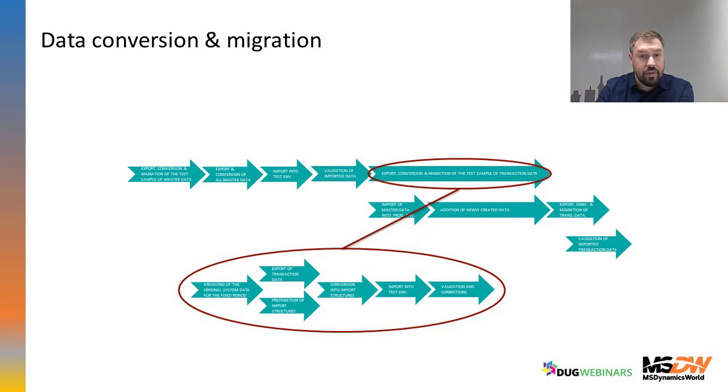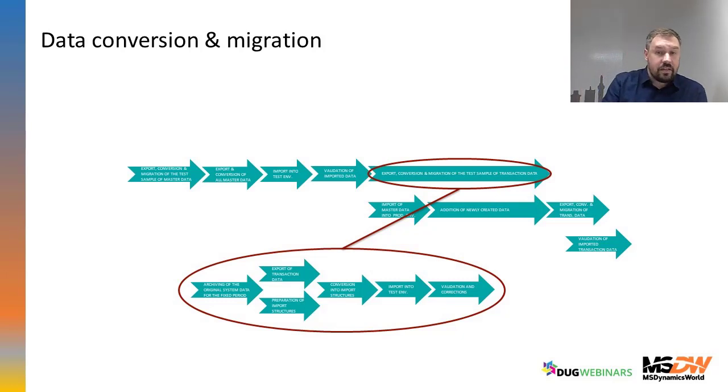archive and stop the original system data for some fixed period, look at the accounting, look at the states on the stock, and then you can make a copy of the future production environment and try to export the data from this fixed copy of your old system, prepared import structures, convert the data to these import structures and import them to the test environment,